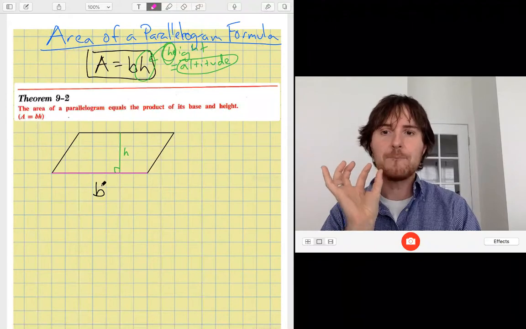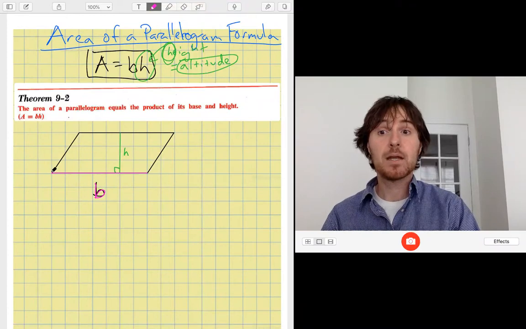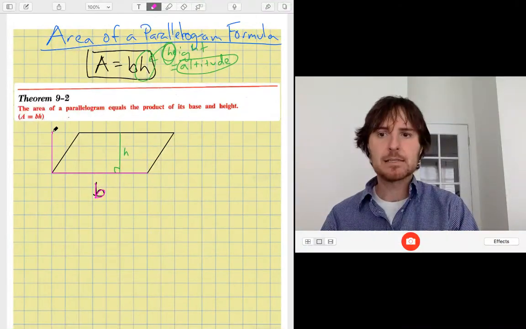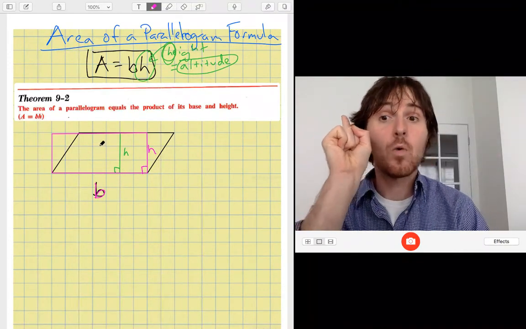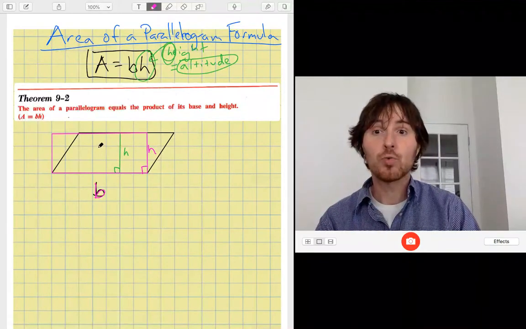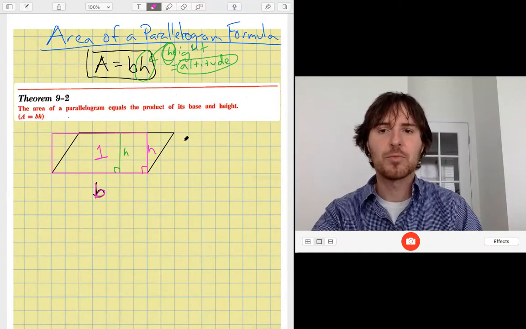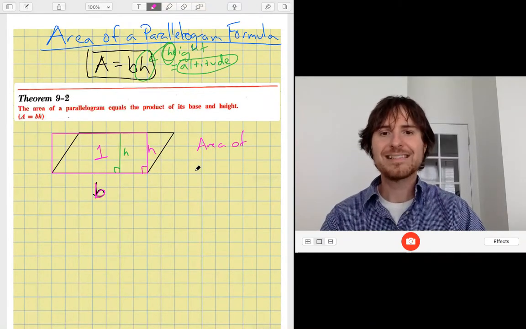So if I have a rectangle with a base of B and a height of H, perpendicular here, I'm talking about this altitude of the original parallelogram here, I can build a rectangle like this that very convincingly has the area of B times H. I'm going to refer to what we have in pink here as region number 1. I'm putting a 1 there, I'm not using Roman numerals here, okay? So the area of rectangle 1